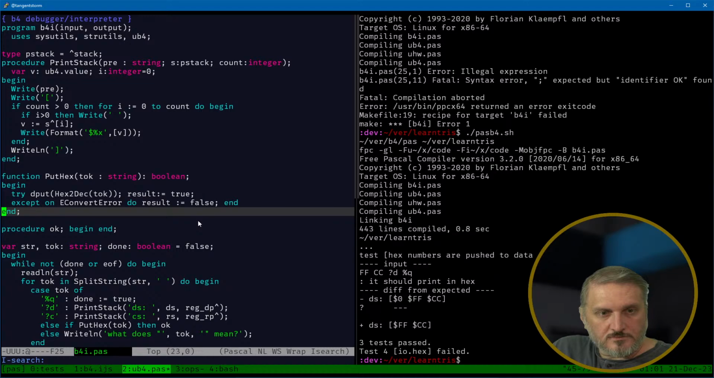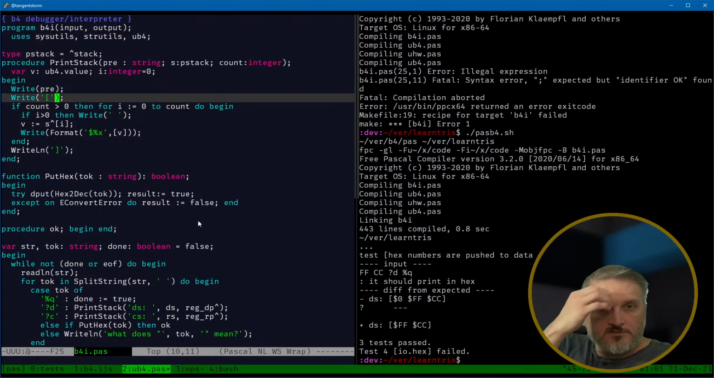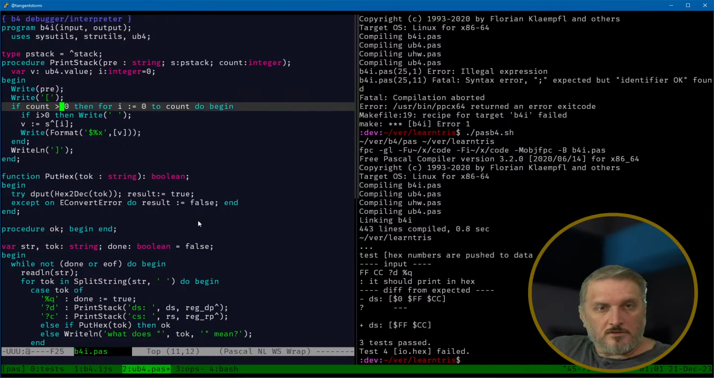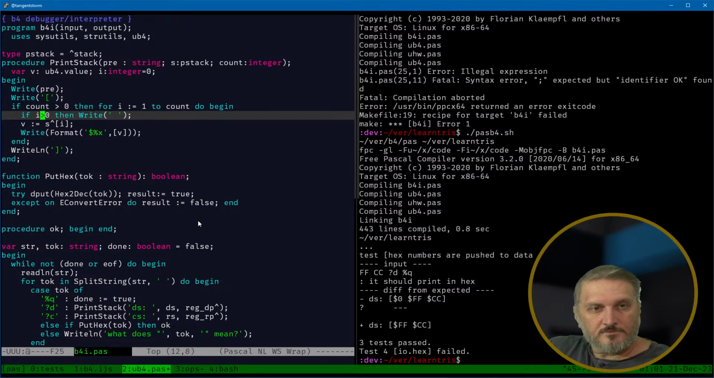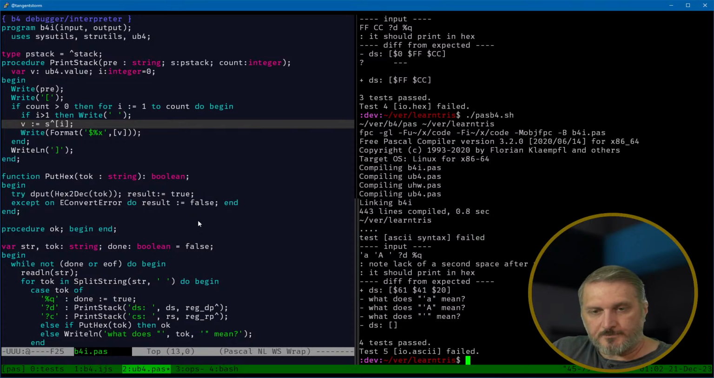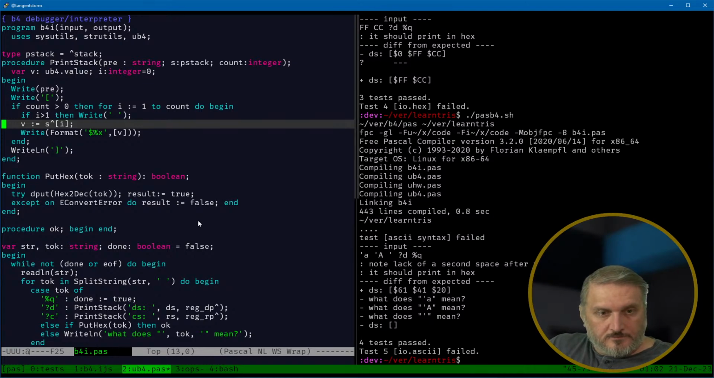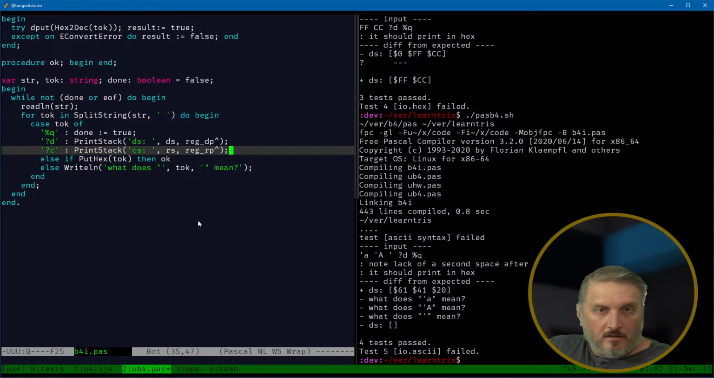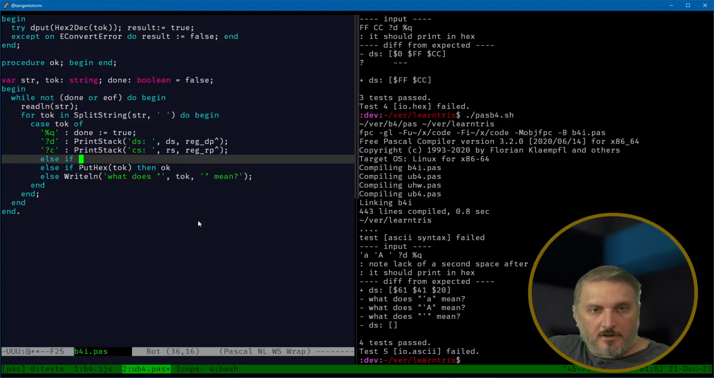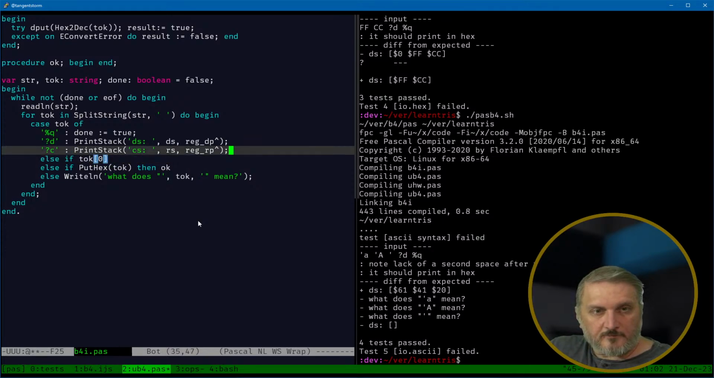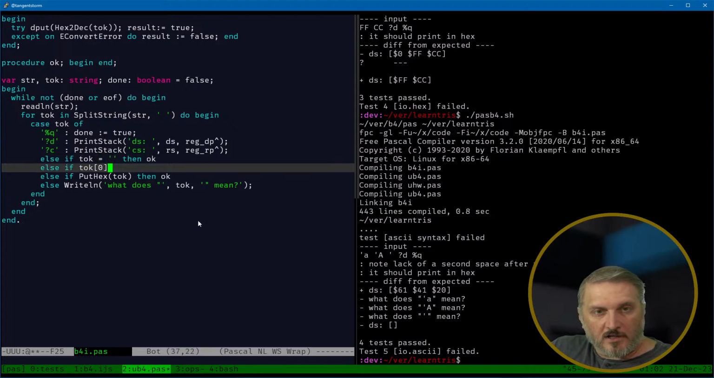I printed an extra 0. I equals 0, then for I equals 0 to count, do is it 1 based? Is that my problem? Okay. Okay. If toke 0, how about else if toke equals, then okay, ignore it. Else if toke 0, so if there's too many spaces in a row, that's fine. Toke 0 equals,